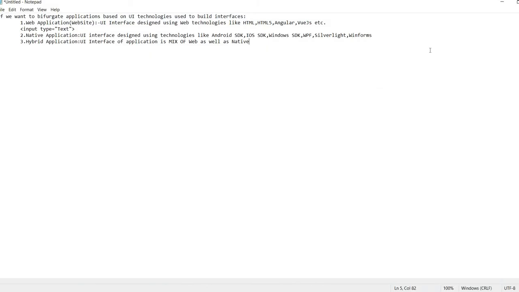So if you have a hybrid application, then the choice of tools would be different. If you have a pure web application, the tools you will choose to do UI automation would be different. And for a native application, if the full end-to-end interaction of every form is a native interface interaction, then the choice of tool would be different. The choice of UI automation tool would be different, guys.